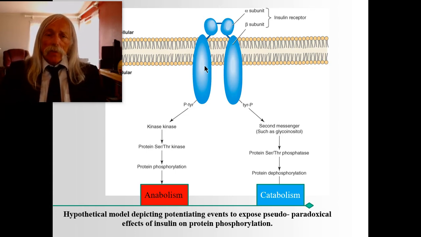They have, this is a very simplified version of it, an alpha subunit, which is extracytoplasmic, and you have two beta subunits. So you form a dimer of each of these heterologous subunits. Each one has a tyrosine residue. These tyrosine residues, because they have a free hydroxyl group, can be phosphorylated, making a phosphate ester of that tyrosine oxygen atom. Now, when that happens, this very simplistically will show you that one pathway can trigger a secondary messenger,